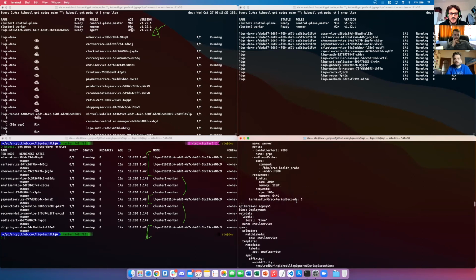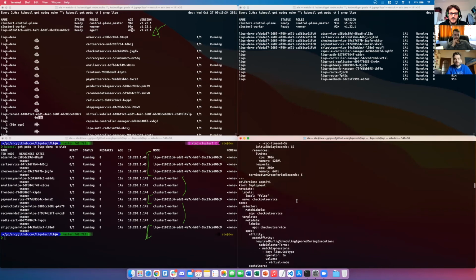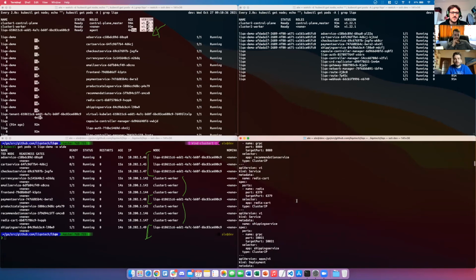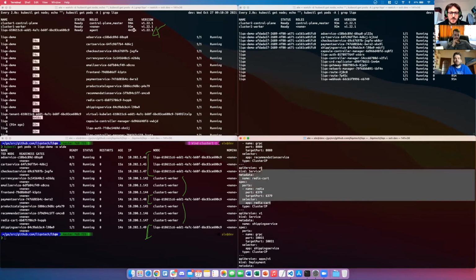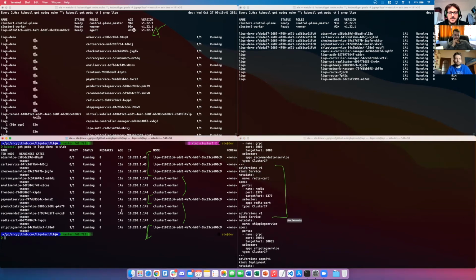Those services are used, for example, by the Redis cart here. It's used, for example, by the cart service to store the cart items in a database. So it's a really simple service, and we have plenty of them if we look at the cluster.